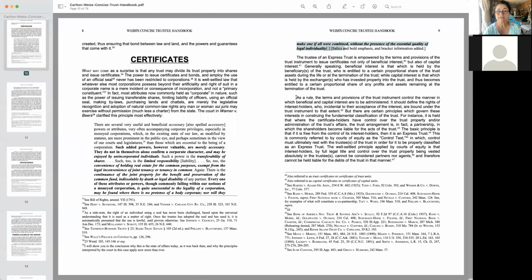As a rule, the terms and provisions of the trust instrument control the manner in which beneficial and capital interest are to be administered. So, you know, like when we have given notice to say that we realize our name was made as a trust and that other people are administering it or maybe not even taking care of it, that's the one